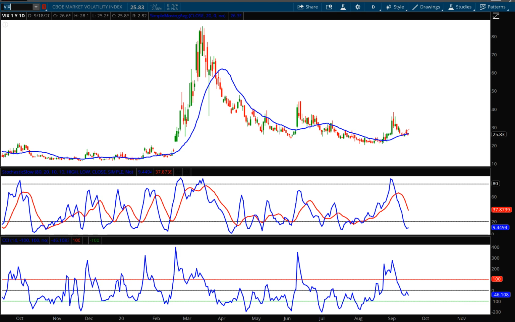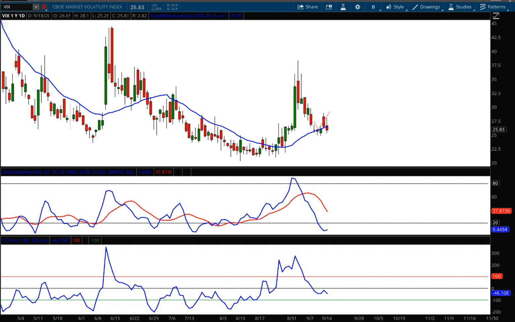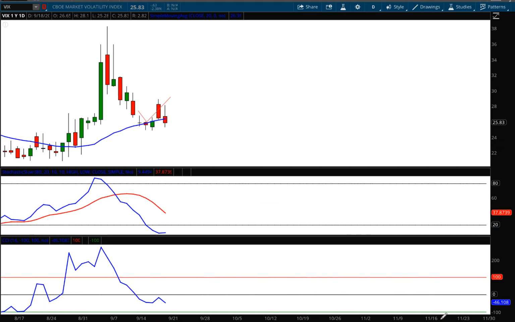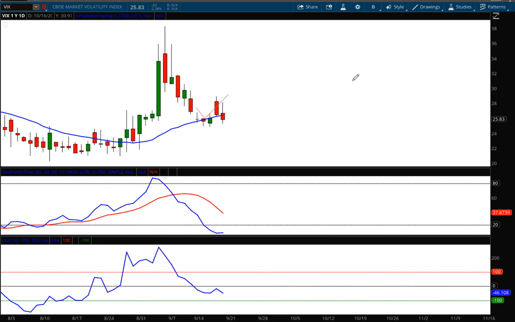I'm AJ Monte and this is a 1-year daily candle chart of the CBOE Volatility Index, ticker symbol VIX. I'm starting off with the VIX because this is really going to set the pace for next week. And as I do each and every week, I leave my lines on the chart so you can see how accurate the forecasts were and how accurate technical analysis is for a tool, not just for forecasting, but for risk